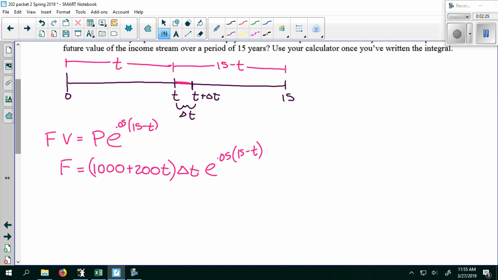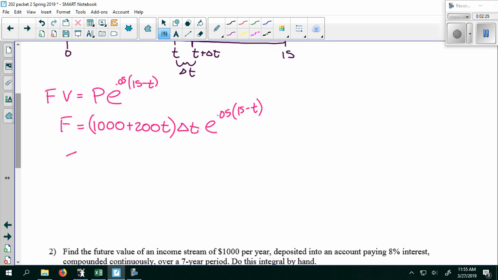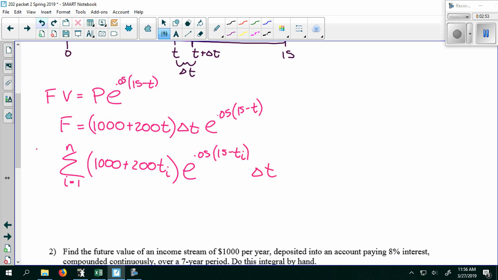And then I'm going to add up all those slices from 0 to 15. So I'm going to sum up n of those slices. Each slice is going to have a future value of 1,000 plus 200 t sub i, e to the 0.05 times 15 minus t sub i, delta t, and then I'm going to take a limit as n goes to infinity. And I end up with the integral